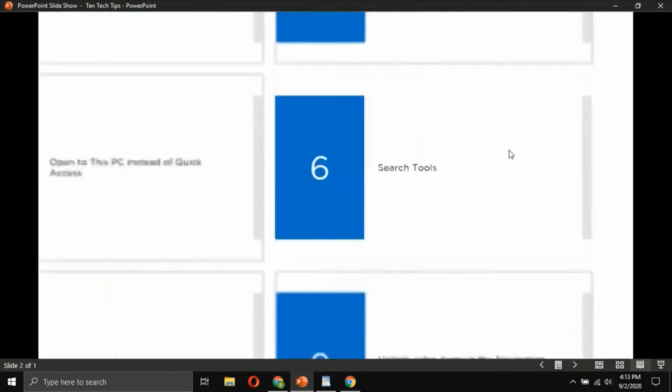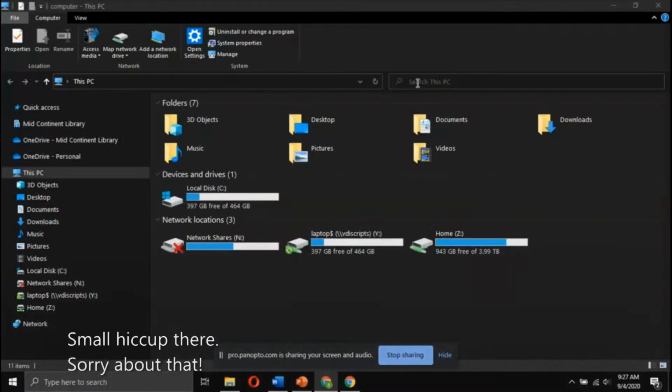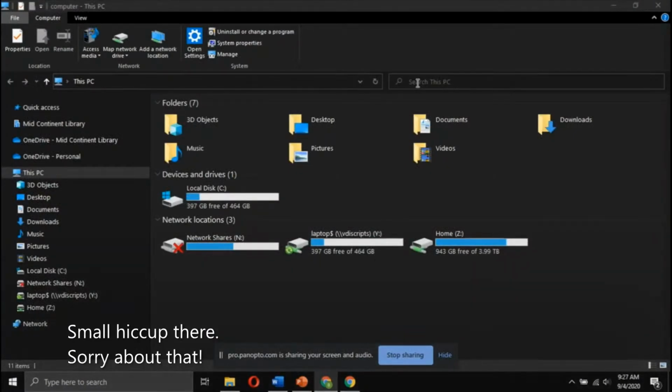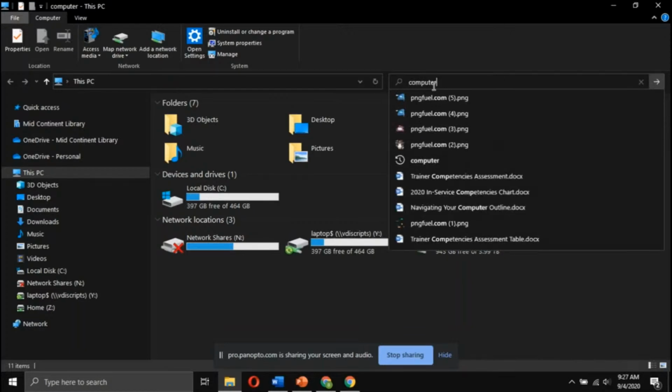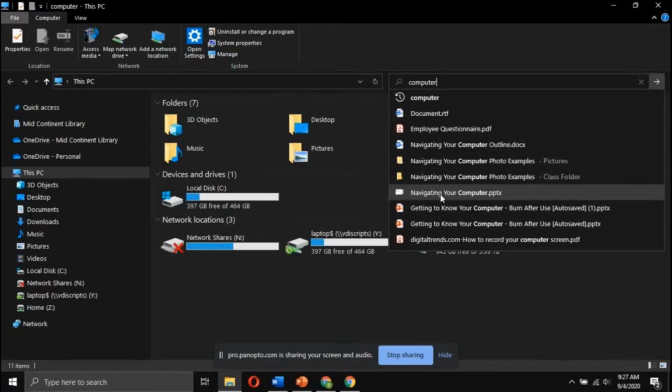And then number 6, all right, search tools. So I've resized my search bar, and so I'm ready to start my search. So you can click here, and you'll notice I have other results here from things I've searched for previously. So I'm going to go ahead and do one right now. I'm searching for a file that might have, let's see, computer again. Now as you type, you will get a list of results depending on what you typed in here